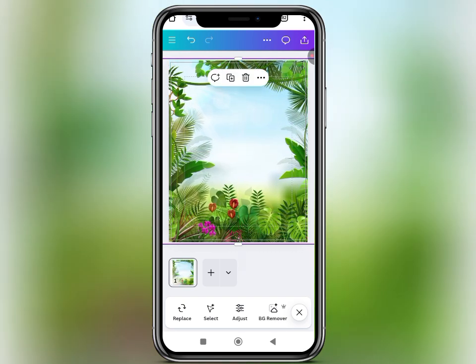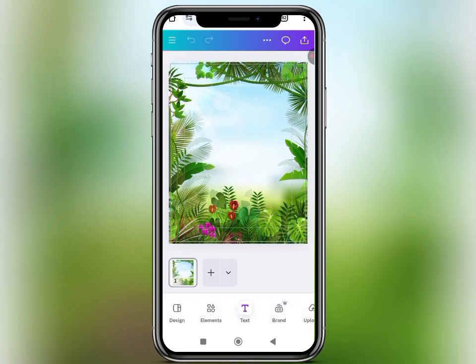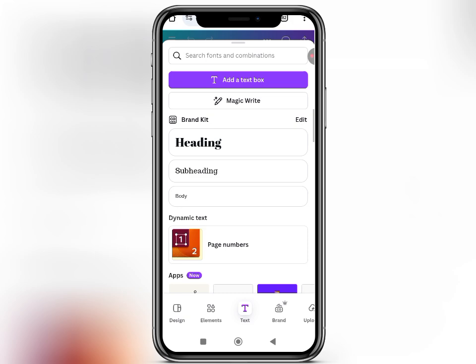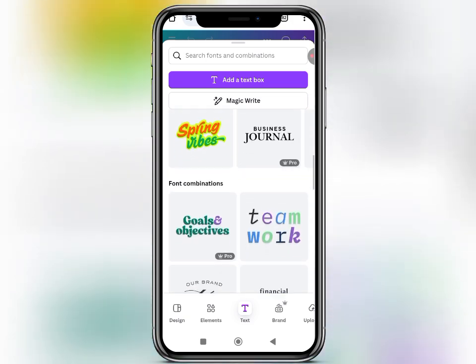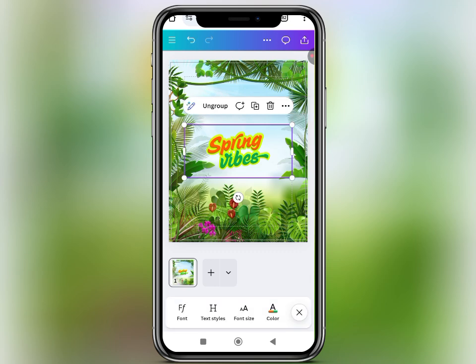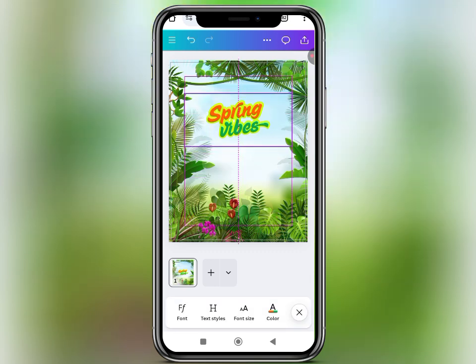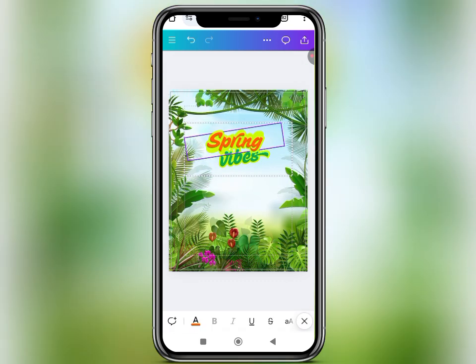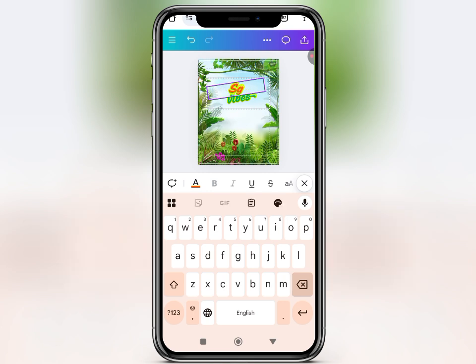So you can see, this is the front section. Now the next thing I want to do is to add my text, right? See right here. So I go to text. I use a particular text format. I saw a particular text here that I really love. This spring vibes, I loved it. So I clicked on it, and automatically it will enter here. So you see. So what I did was to click on it and edit this. I said this one should be